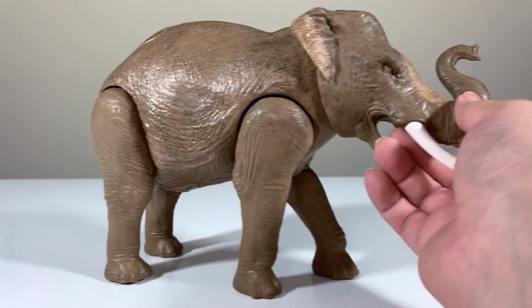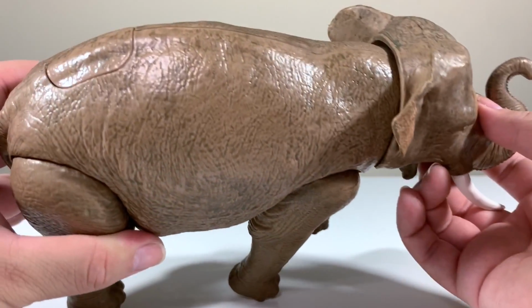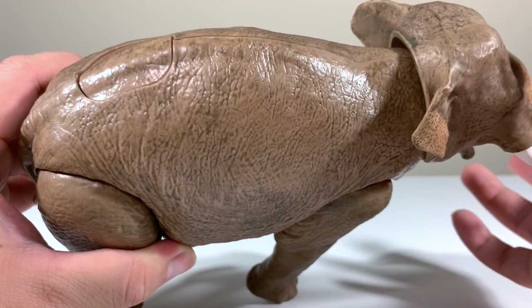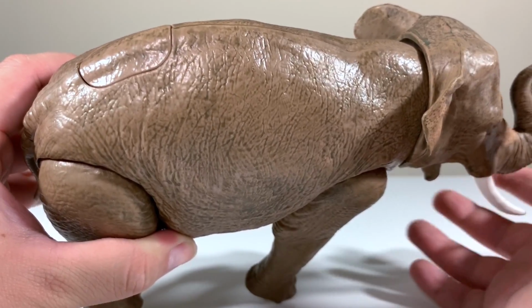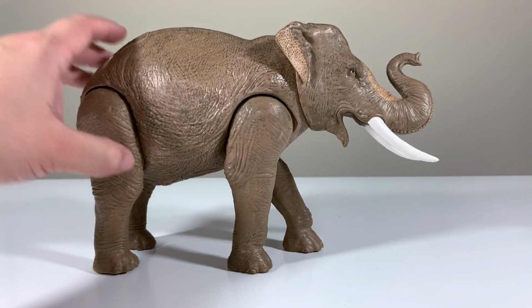You will see that when you lift the head up, the button on the back also moves down. So if I move it up, the button goes down. When I put the head down, it closes back up. So let's talk about how this action feature works. Now, obviously, you just press the button,